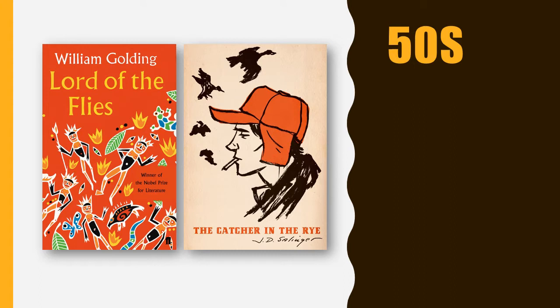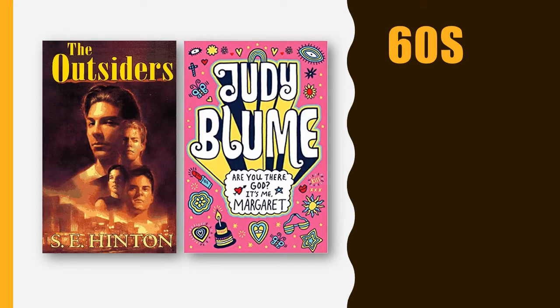Many of the books that we now consider to be young adult texts were initially written for adults and only later categorized as young adult. If we go back to the 50s, we can find one of the books that we're going to read later, which is Lord of the Flies. Another well-known book that can now be categorized as young adult is The Catcher in the Rye. One of the first books to be written and published for young adults was The Outsiders, and it still remains the quintessential young adult book today. Another one from the 60s is Are You There, God? It's Me, Margaret.